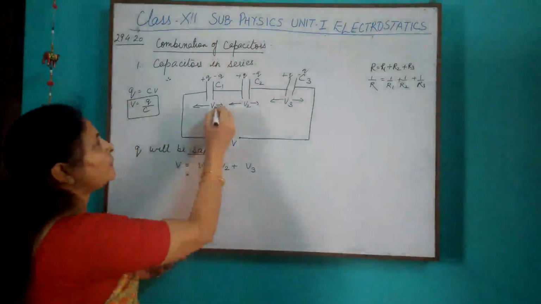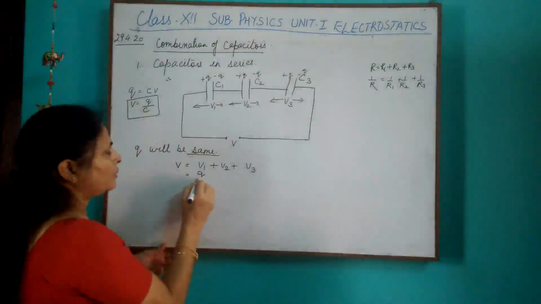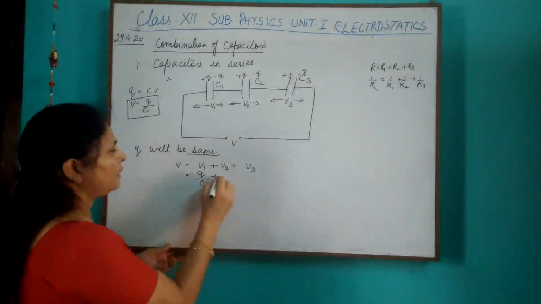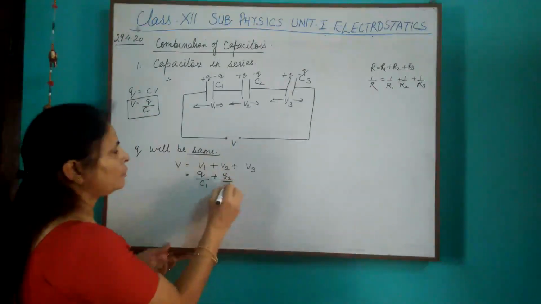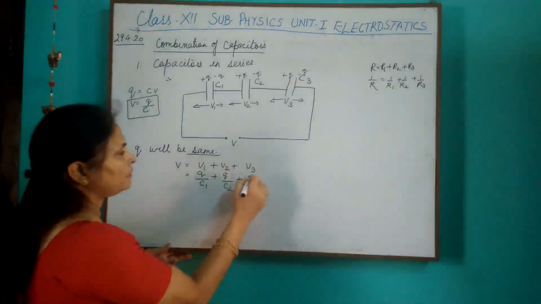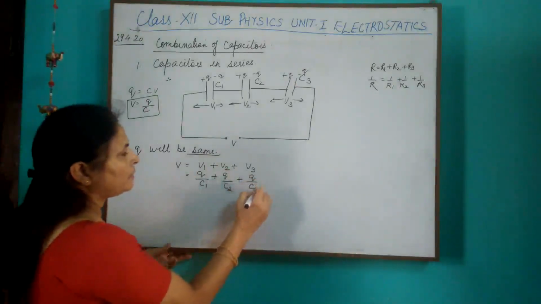So here now V1 will be equal to Q upon C1, V2 will be Q upon C2, and V3 will be Q upon